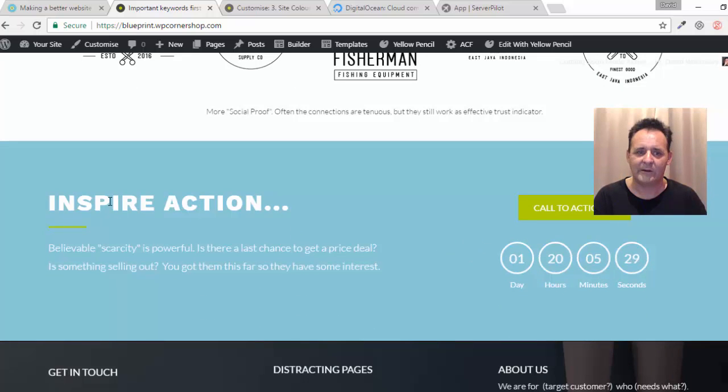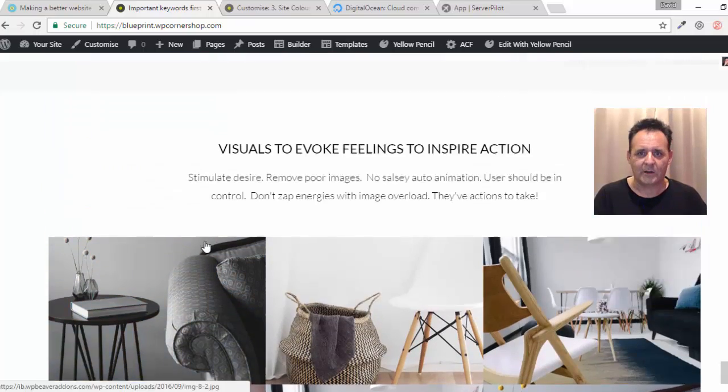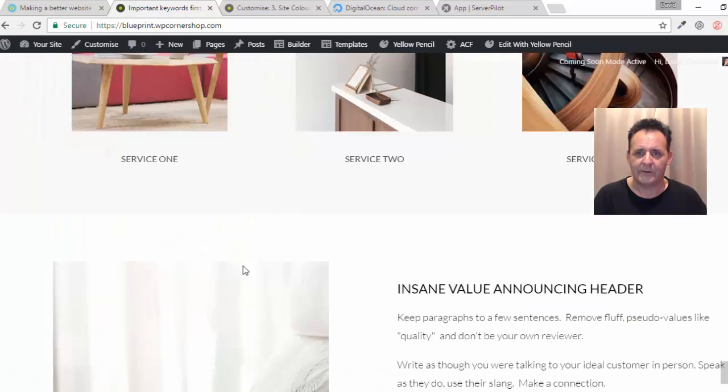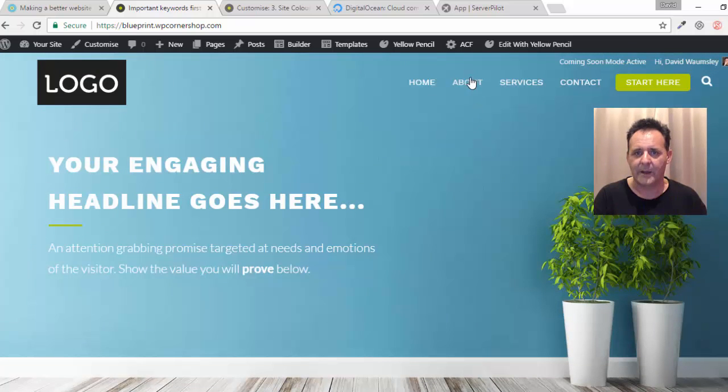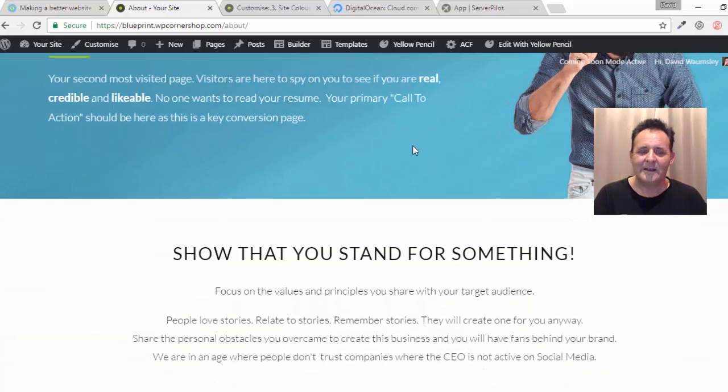And the importance of scarcity, those are the kind of things just to remind us while we're working with the client about the importance of these by placing them. And I've done the same again with things like about pages. It's amazing how many businesses don't have an about page, the second most visited page out there, and it serves